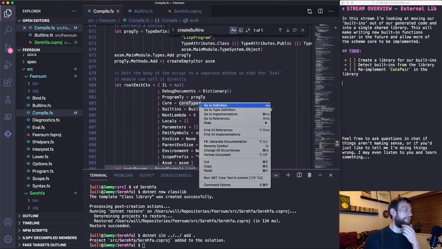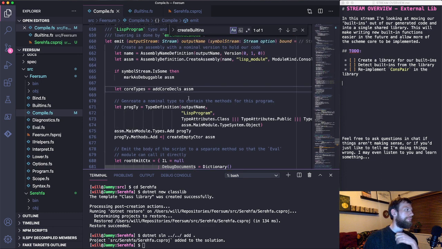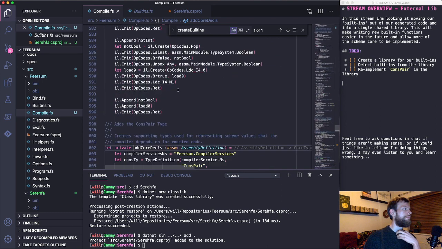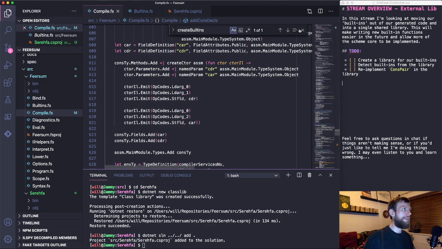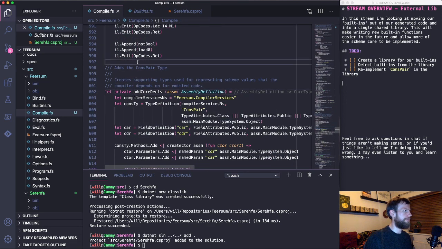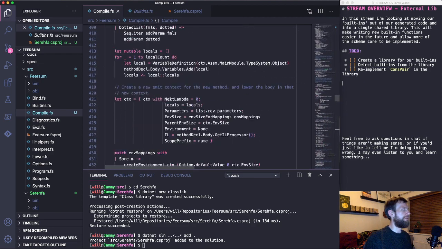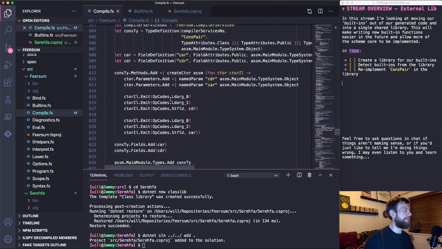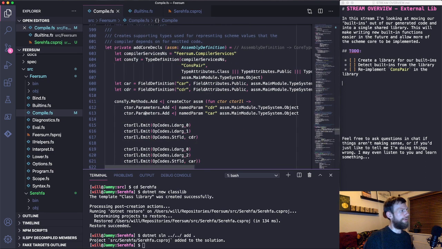And the core types. So is there any reason why add core decals could not be inside built-ins? Kind of feels like it could be. It's right at the bottom here. It's a private method, I suppose, but